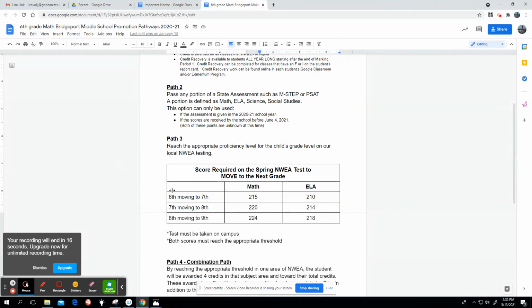The next path would be reaching your NWEA scores that we say you could be successful in that grade level. So if you're going from 6th moving to 7th and you score a 215 in math and a 215 in ELA, then you